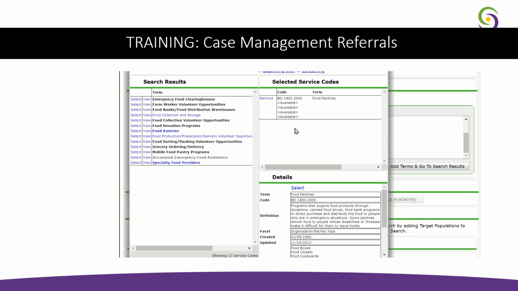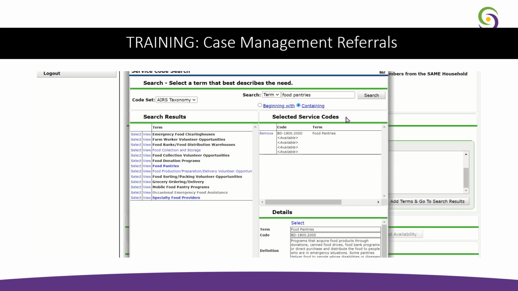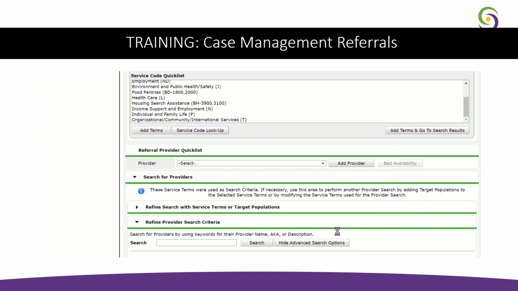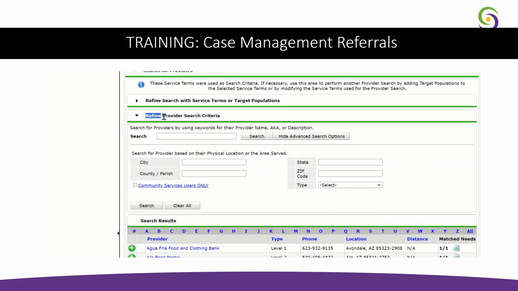Now the term appears under Selected Service Codes. To finalize this option, simply click the Submit button at the bottom. Now we can proceed as normal. Once again, go to the Refine Provider Search Criteria section, which would be here,